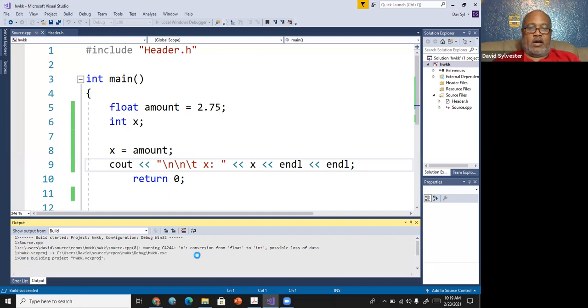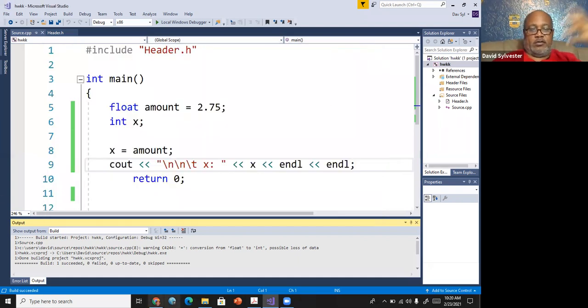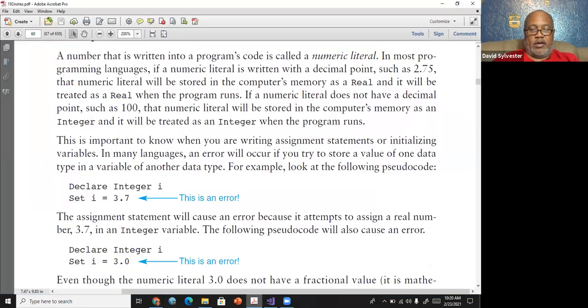Look what it said down here, though. It said conversion from float to int, possible loss of data. Because I'm taking that floating point value and putting it into an int value, and that int value will truncate anything beyond the decimal place. So it could have been 2.0000 or 2.0. It will still look at it as if some data was at the end of the decimal place, and you would have got that warning. But this is what will happen. You will not get an error in C++. It'll just tell you that some data may be lost.